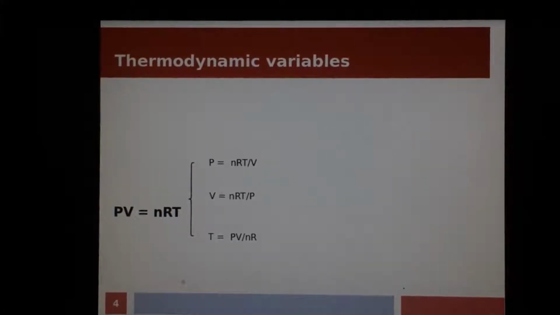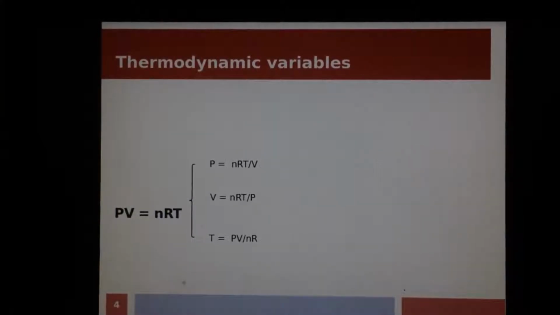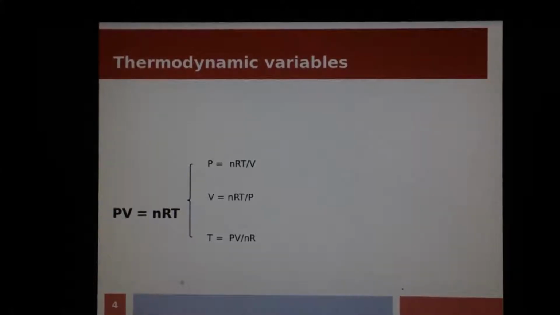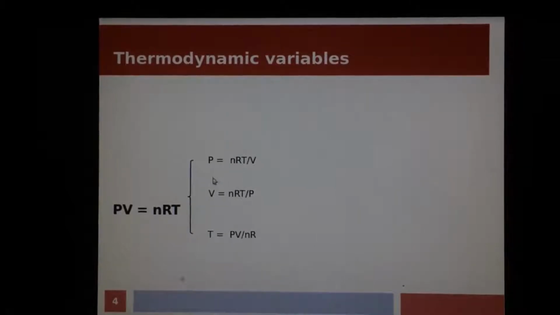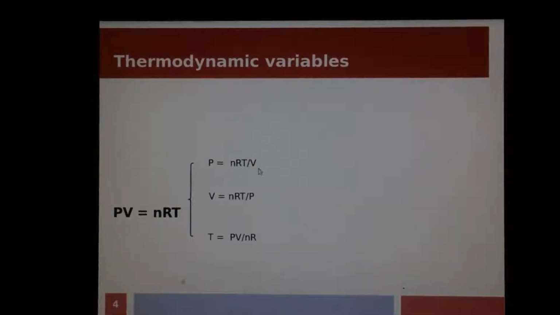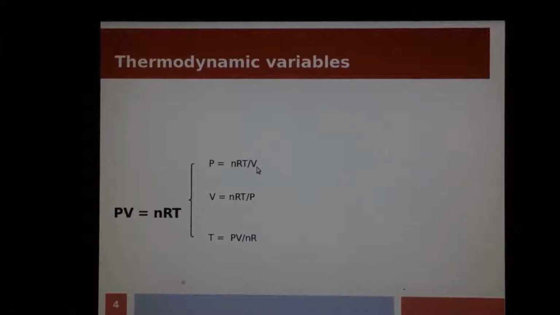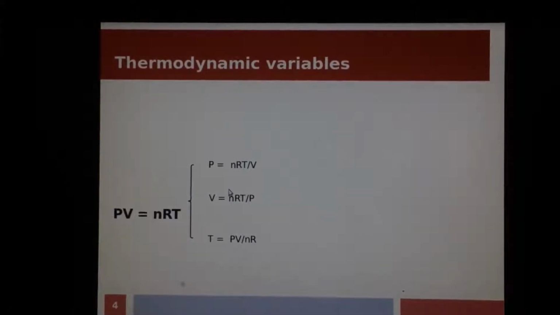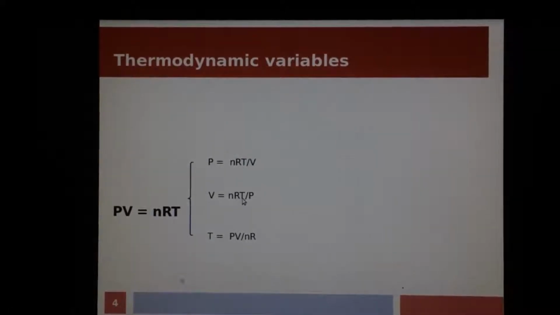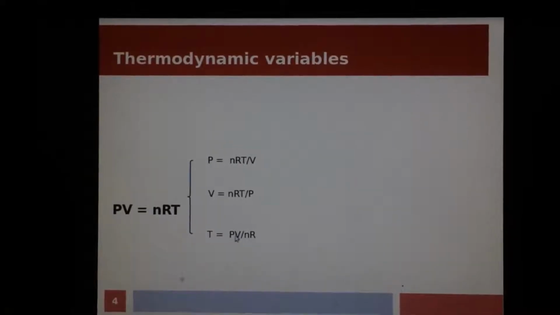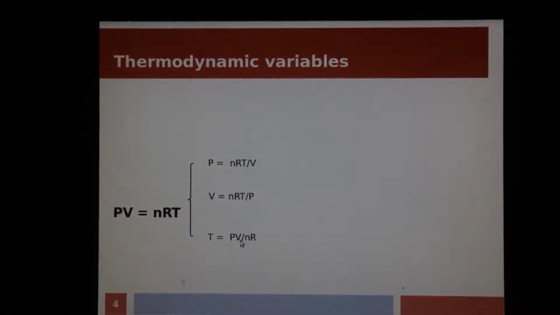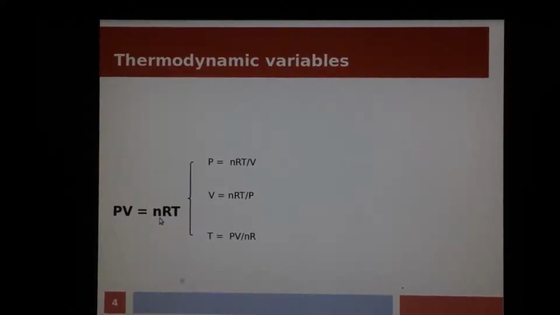We define here only a number of thermodynamic quantities, thermodynamic coordinates, which are pressure, volume, temperature. And if these two things are defined, suppose in this relation temperature and volume are defined, so we can find out the pressure. In this relation temperature and pressure are defined, so we can find out the volume. Similarly, in this case pressure and volume both are defined and we can find out the temperature, where this is a constant small n,